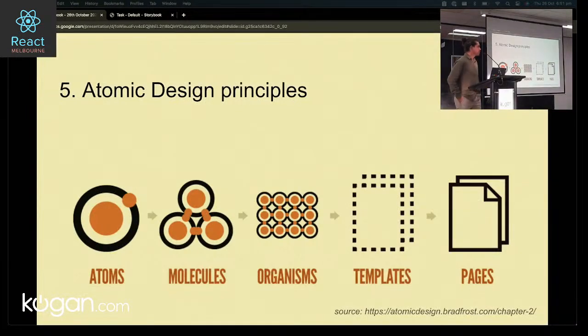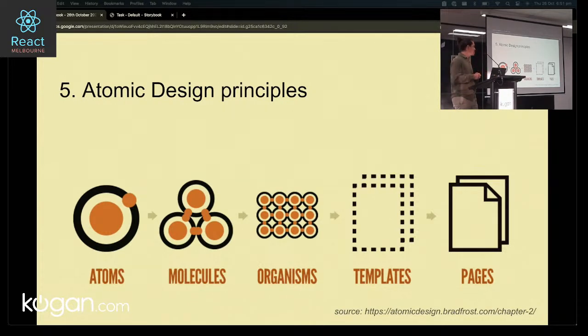So moving on to atomic design principles. Really briefly, I just want to introduce this idea that atomic design, or building our React application with components that are following our atomic design principles, involves starting at the smallest thing that we can think of, like our colors or our typography, and those are atoms. We use our atoms to build everything else. Once we've got our React components that are our atoms, we can then build our molecules, which are our reusable React components that use atoms inside them, and so on